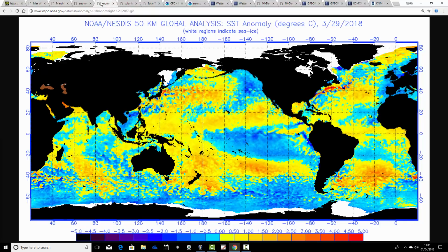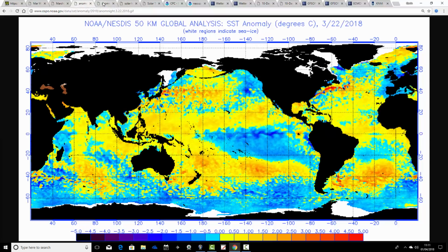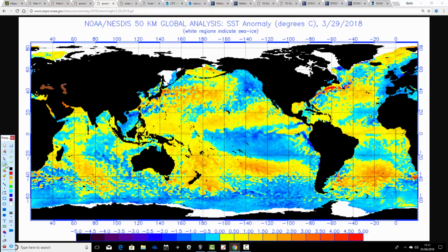Compared to last week, I think the anomalies have perhaps eased slightly through this central part of the Equatorial Pacific. They're still pretty cold, but I think they have eased a little bit. Overall, the La Nina signature is decaying, it's weakening, but it's taking a very, very long time to do so. And we're going to have to wait longer to see where we go into the second half of the year,